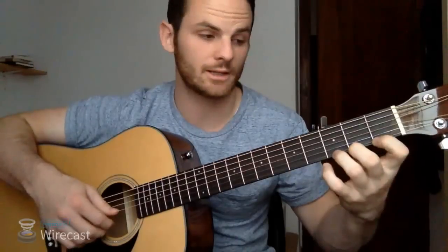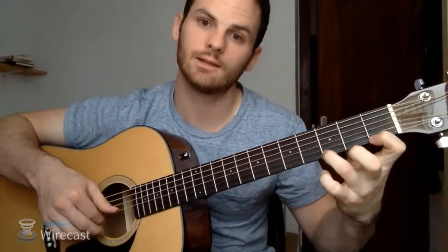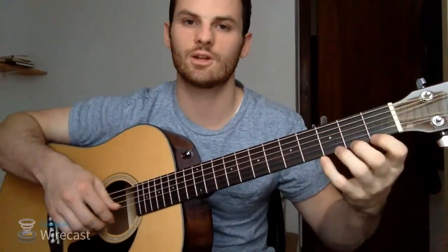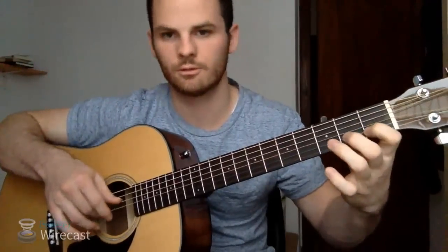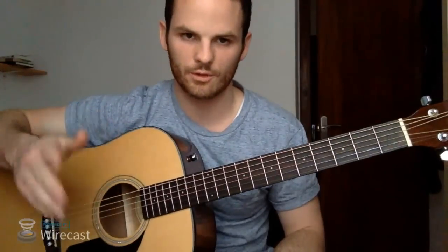Sometimes I'll also play it like this. Hammer it up to 3rd fret, then lift off and play this one again, and pull off to open. So you want to get used to going, and also. Okay, so when we put those together,